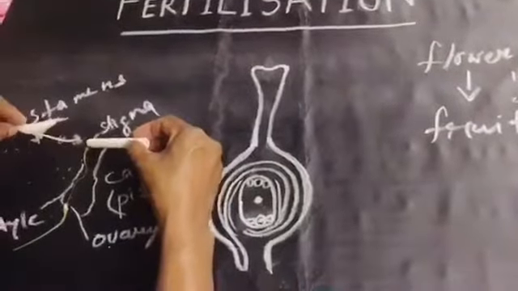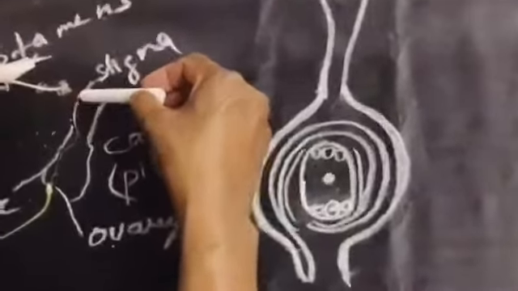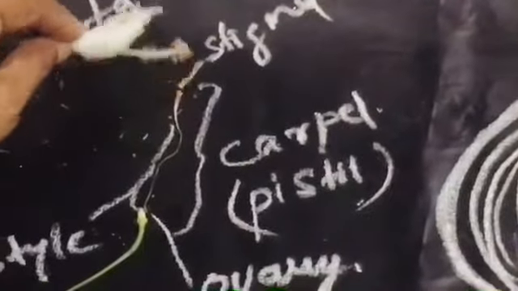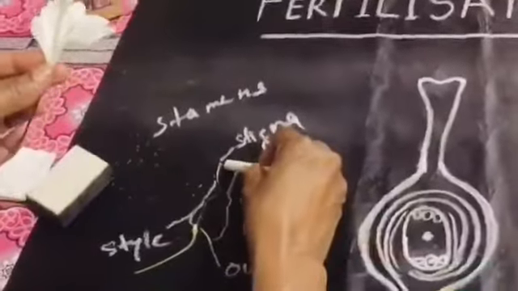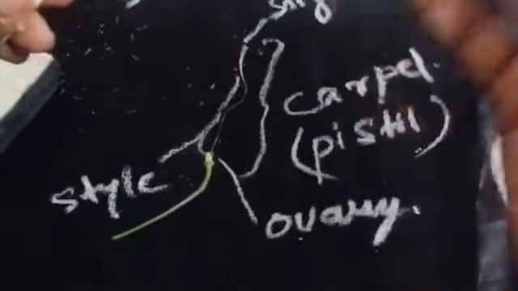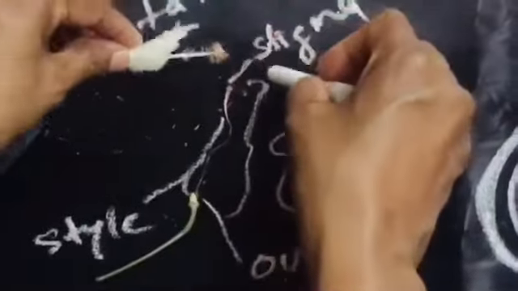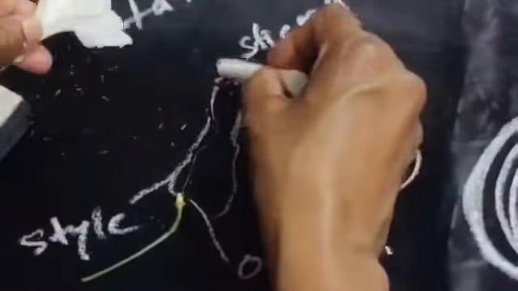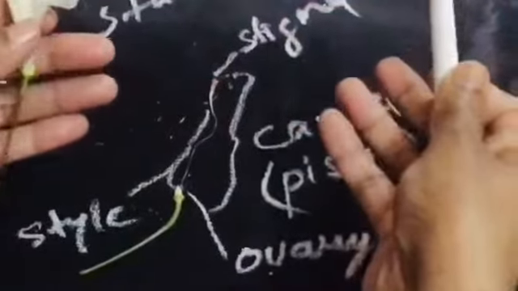Look at the stigma of the pistil, the tip. On the stigma, I am going to drop the pollen grains. This is a hibiscus flower. This is another hibiscus flower. Hibiscus is a flowering plant which reproduces vegetatively from stem cutting, but here, just for an example, I am showing. So the hibiscus pollen grains have fallen over the stigma here. Here I am acting as an agent of pollination.